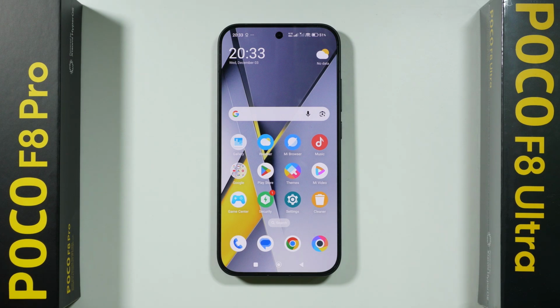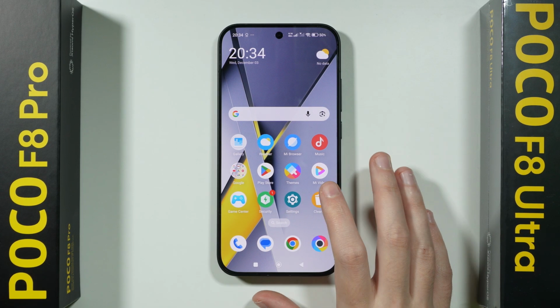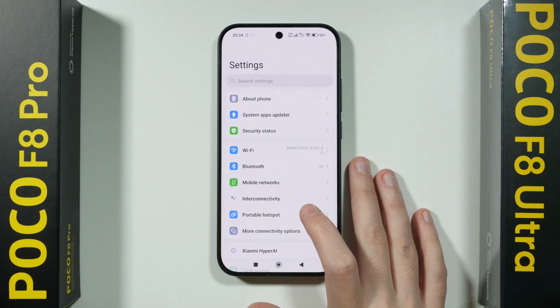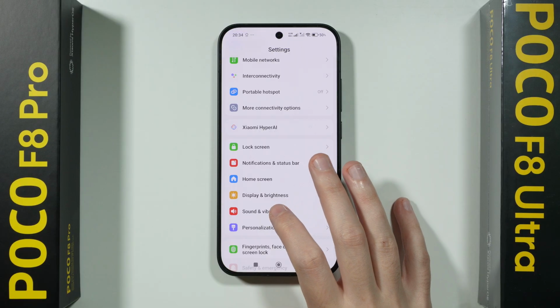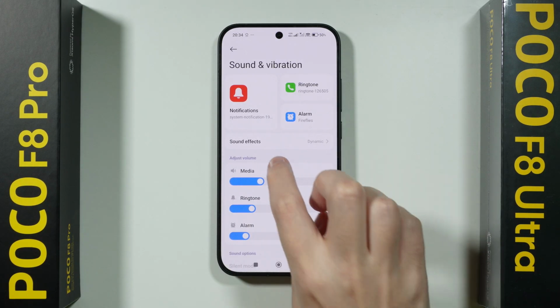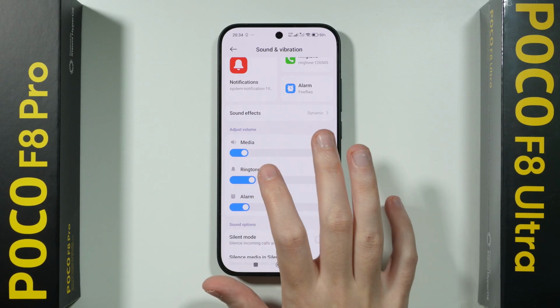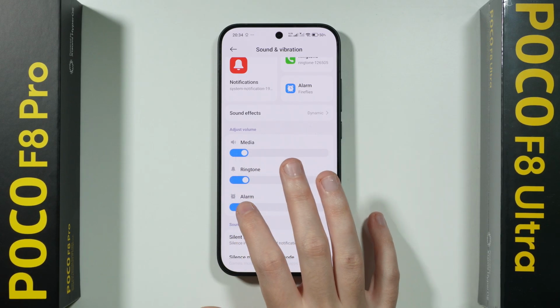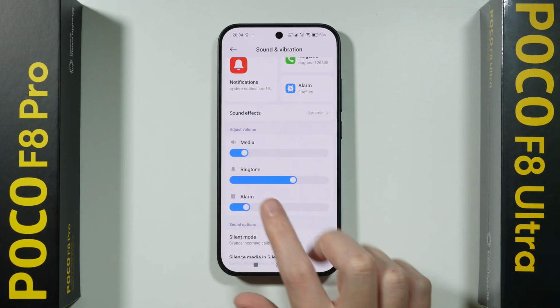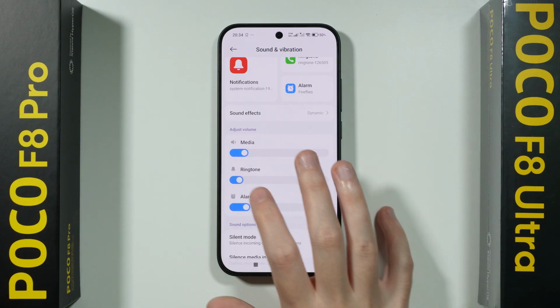If you want to change volume on POCO F8 Pro or POCO F8 Ultra, we have a couple of ways to do so. Over here, what we can do is go to settings, then choose sound and vibration. And in here, as you can see, we can easily adjust the volume for media, ringtone and notifications, and the alarm. We can move left and right or tap anywhere on this slider in order to adjust the